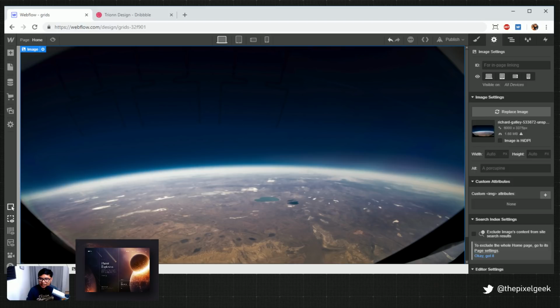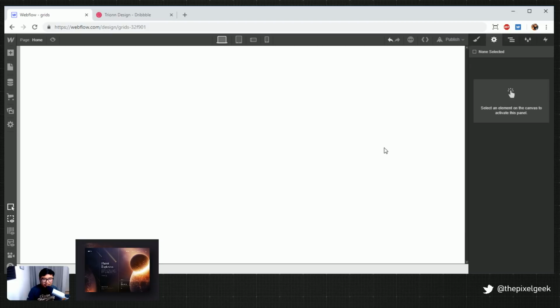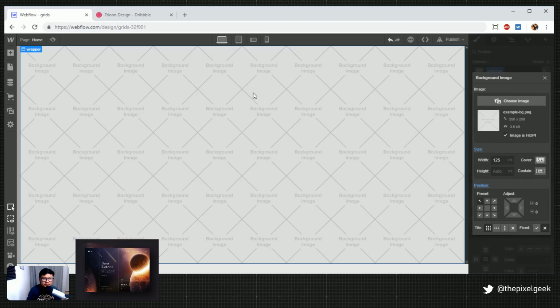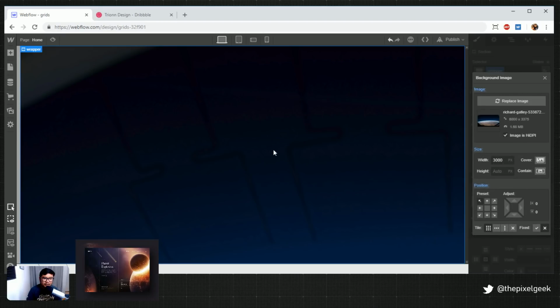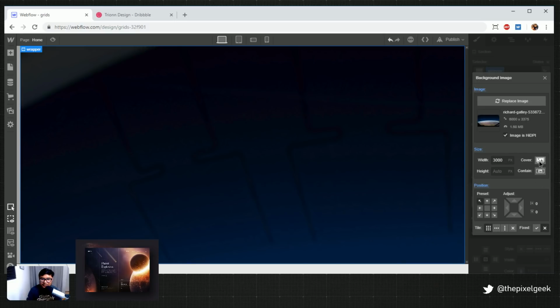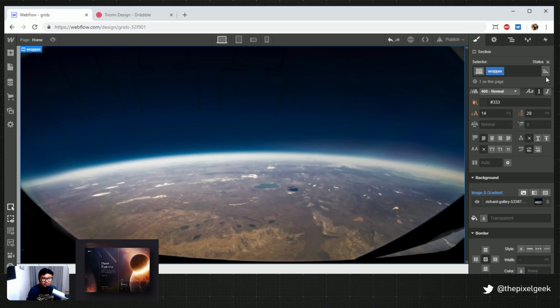Oh, 1.6 meg. I mean, it's just a one pager. That's fine. Let me delete that and make this a background instead. It's so pretty. Whoa, 6,000 by 3,000. Yeah, I'll just do it like that. Center it. That's so pretty. All right. So I have this, and that looks like a good thing to use.